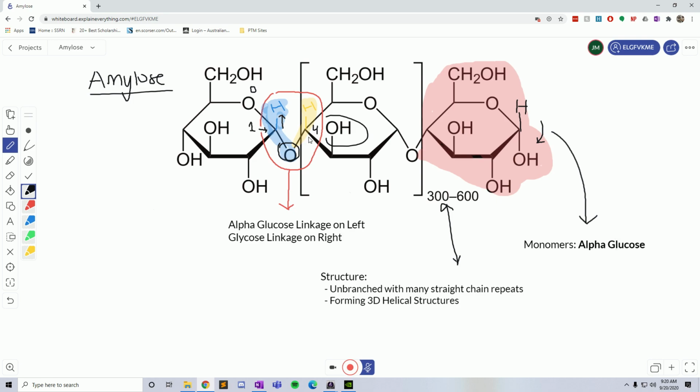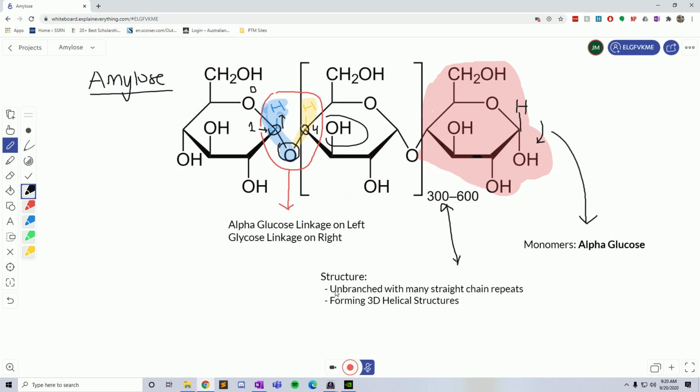So you can consider this fourth carbon to be the glycosidic carbon in the linkage, and then this first one to be the alpha carbon. At least that's how I like to remember it. It's not technically correct, but it helps me. And so those are your 2 bonds, the alpha glucose, and larger on top of that is the glycosidic linkage. And then you have alpha glucose monomers, which make up amylose, and this results in its overall 3D